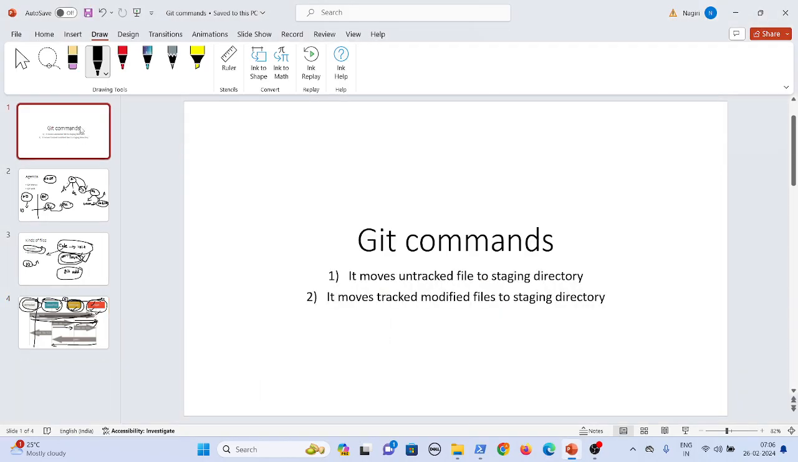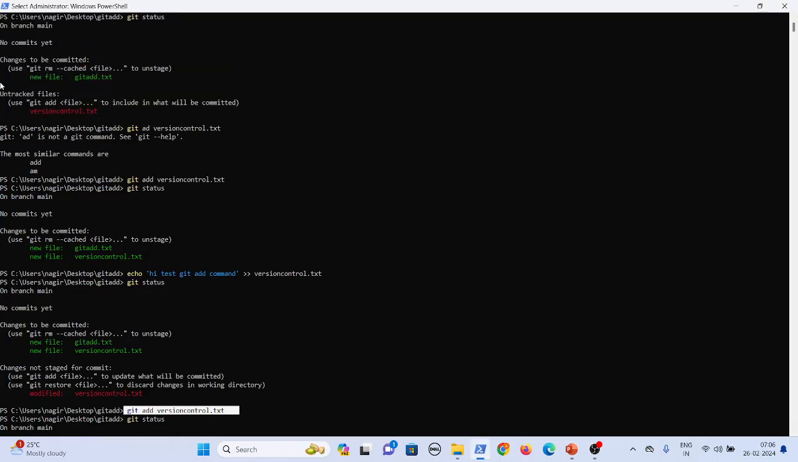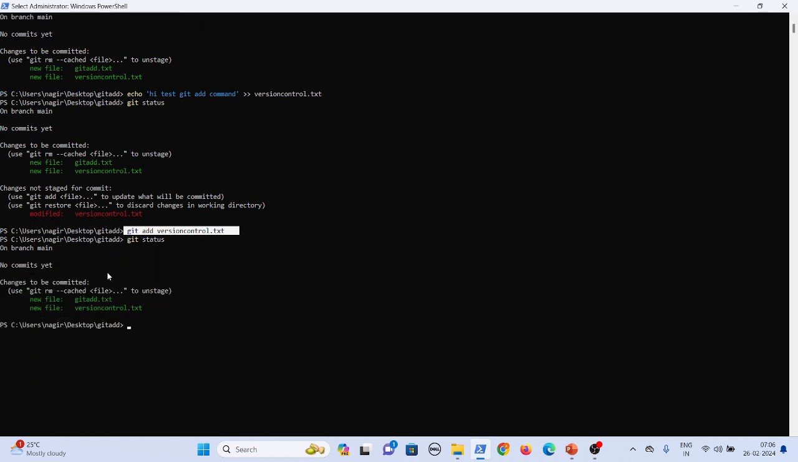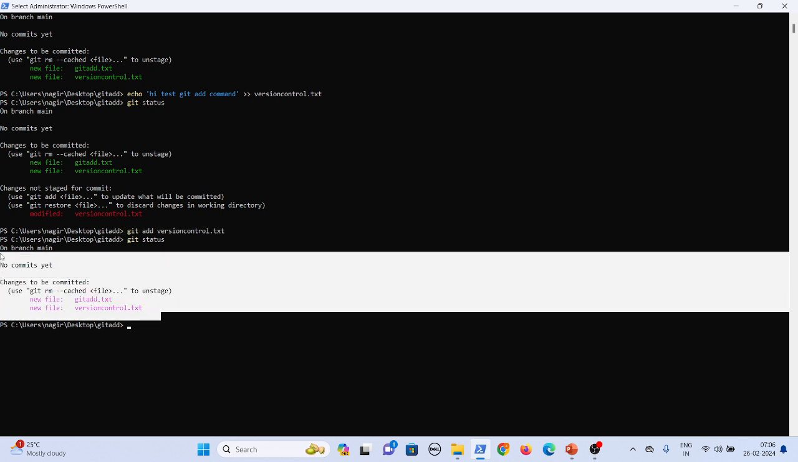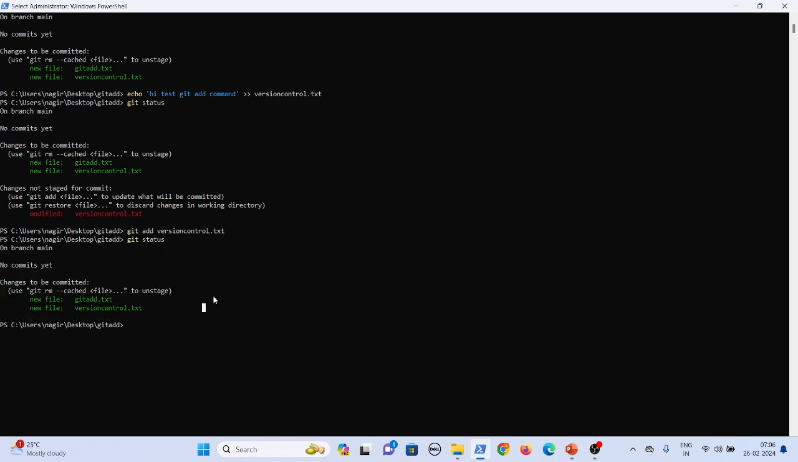So the purpose of the git add command is that it either moves an untracked file to the staging directory, or it moves tracked modified files to the staging directory. And the git status command is used to show the status of the file. And we'll discuss one more command. The git status command is too vague. Sometimes I don't want this much information to be displayed. I just want a shorthand notation. What you can do is, there is a command git status